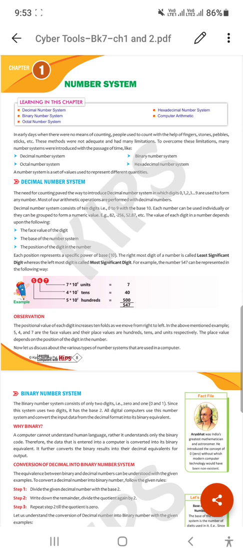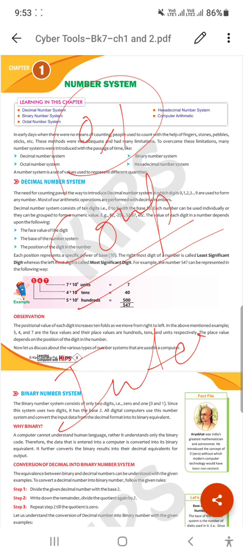Computer systems always understand 0 and 1, meaning binary numbers, and the language is machine language, right? But we code in a high level language, so we need a translator, and the types of translators are compilers and interpreters. I think this topic was in your 6th class, but it's very important here, so I'm explaining it. Compiler and interpreter are two different translators. A compiler translates the whole program at a time, but an interpreter translates word by word and line by line, right?